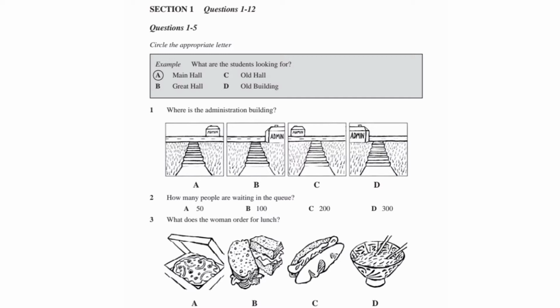Excuse me, can you help me? I was looking for the main hall. No, maybe I can, actually. I'm looking for the main hall, too. I think it's in the administration building. Are you a new student? Yeah, I am. I thought you looked as lost as me. I'm trying to find the admin building, too, so I can register for my course. I don't seem to be having much luck. Well, look, according to this map of the campus here, you go straight up the steps, turn left, and the building's on the right. Okay, let's see if we can find it.